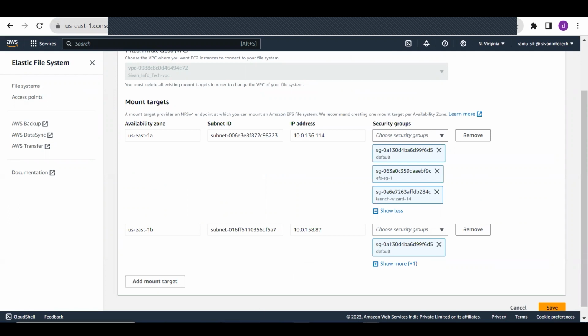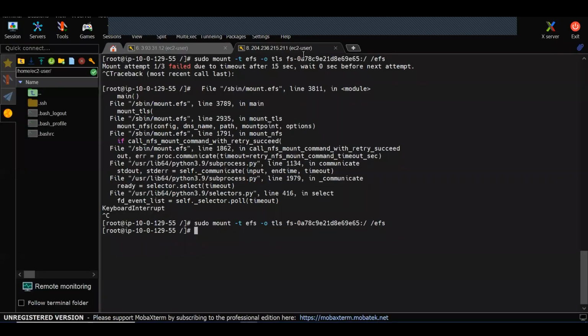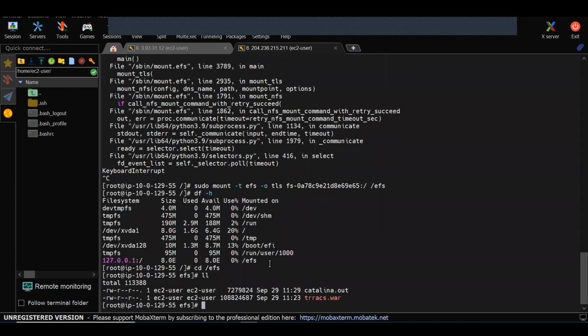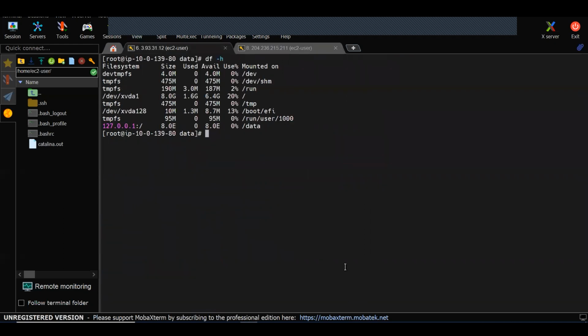Then if we go here in the server, this is the second one. df -h. Okay. EFS folder is there, right? It's mounted. cd /EFS. Okay, done. Clear. Data has come. This is the second server. I'm not having this data in the second server. Newly created. I didn't create any files. So whatever was in the first server came to the second server. How is it possible? Because of EFS.